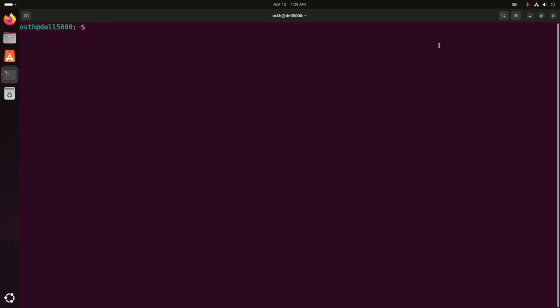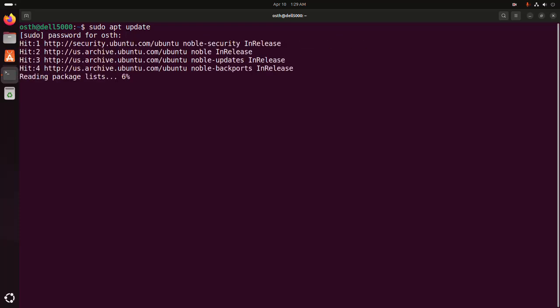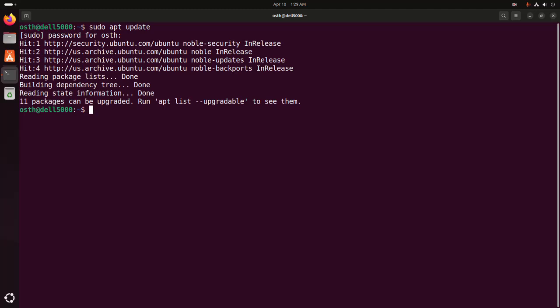and write this command here to update your system with sudo privilege: sudo apt update, then hit enter. Now enter the password for this user, then hit enter. It may take a while for updating the system. After updating the system,